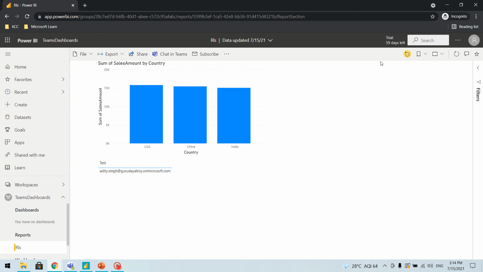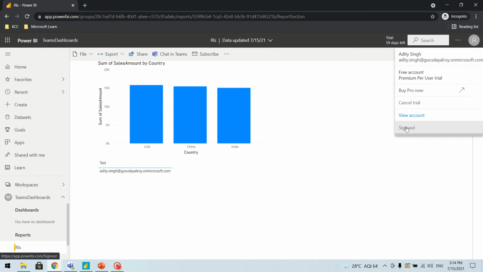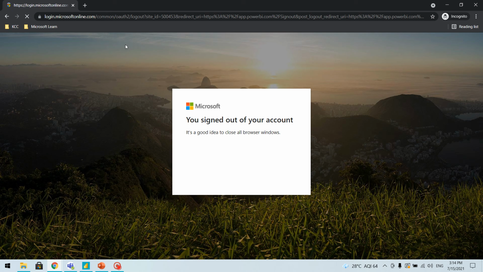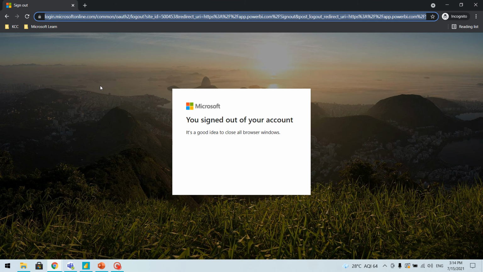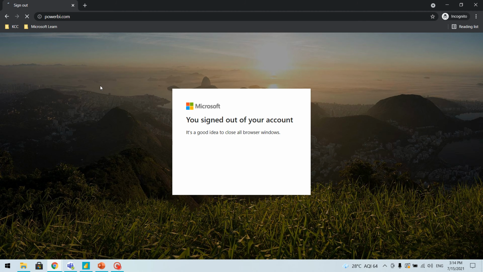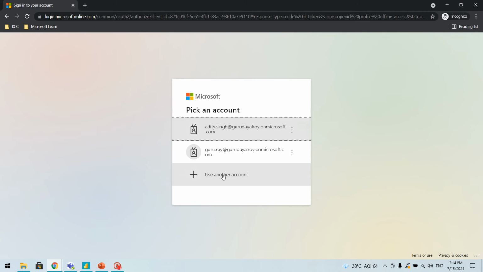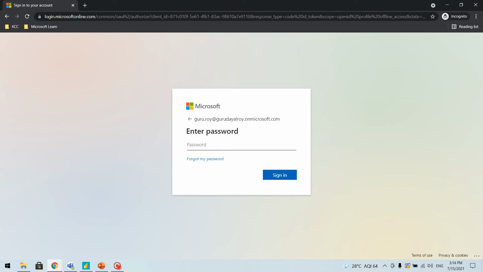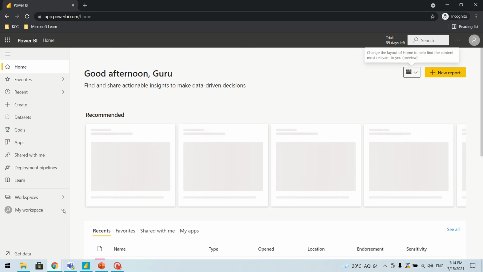Now I have a different user logged in right now, so we'll first log out and log in with the admin user, and we'll do some more setup.